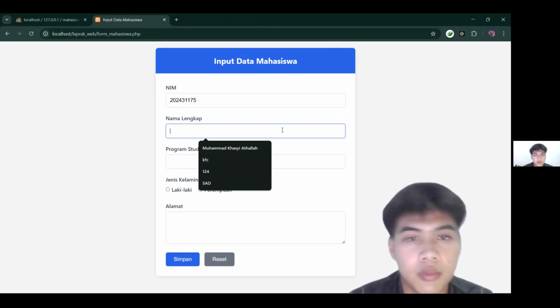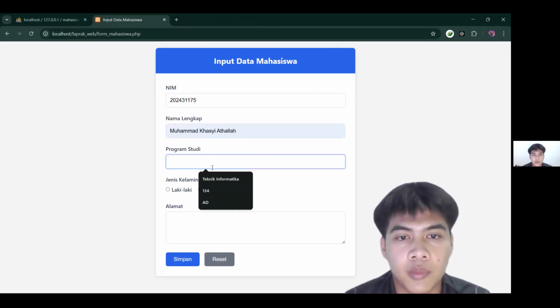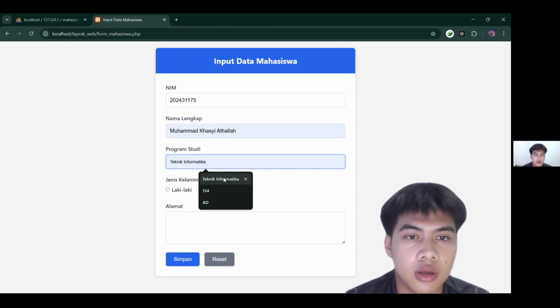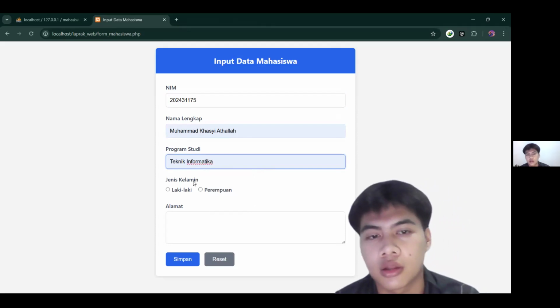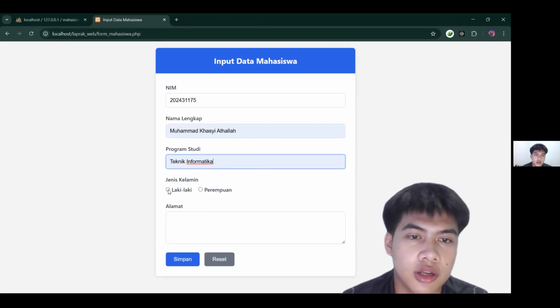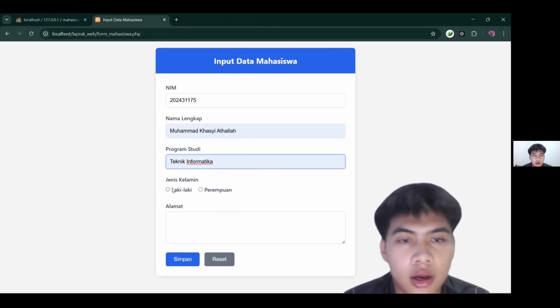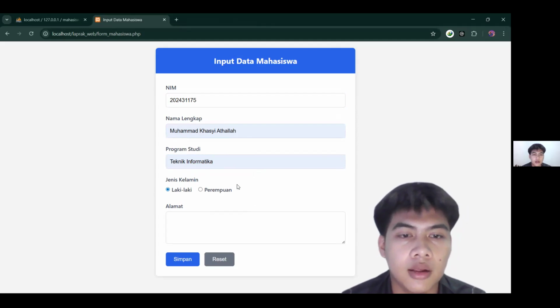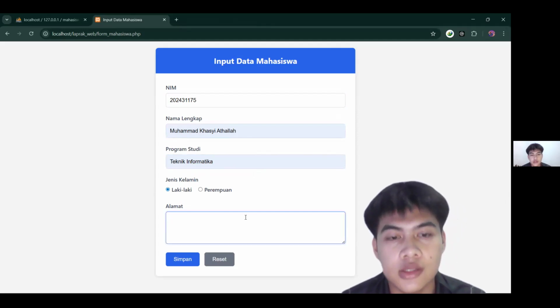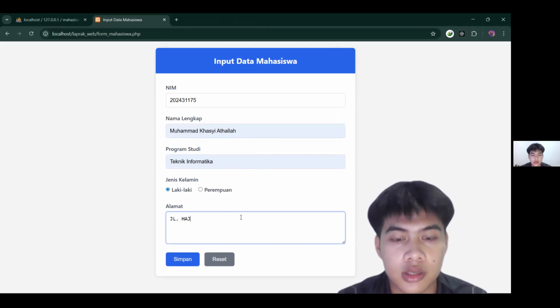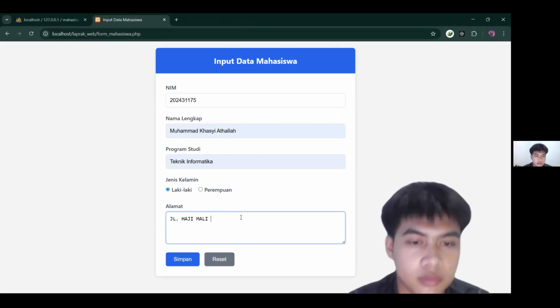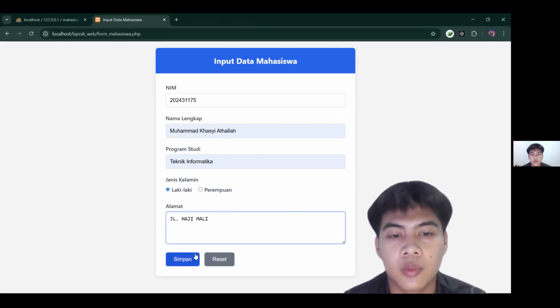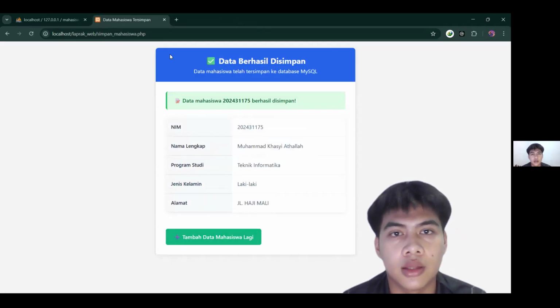And then my name, we already have here, my prodi, Teknik Informatika or Informatics Engineering, and then the gender. So I'm a man, or male, and then the address. I'm going to give my address. It is Haji Mali Street.